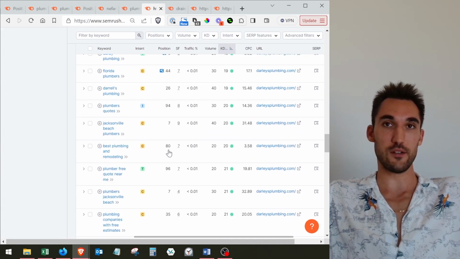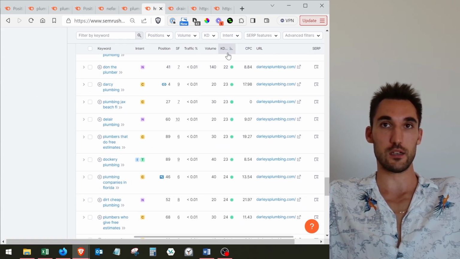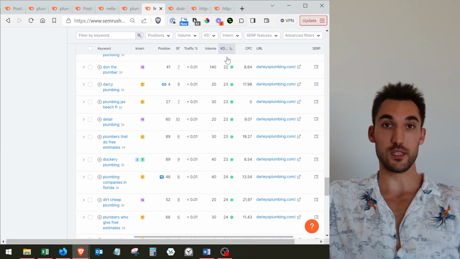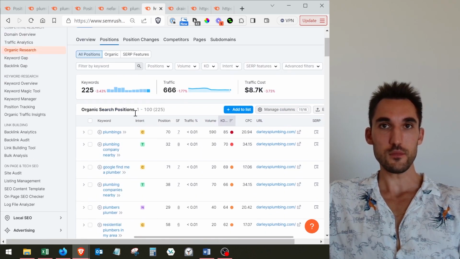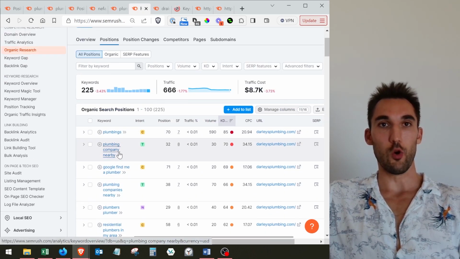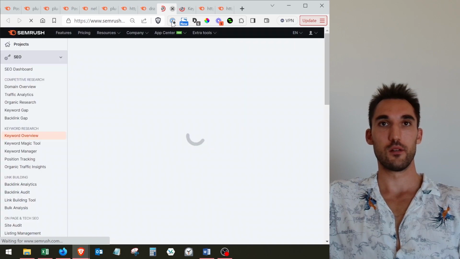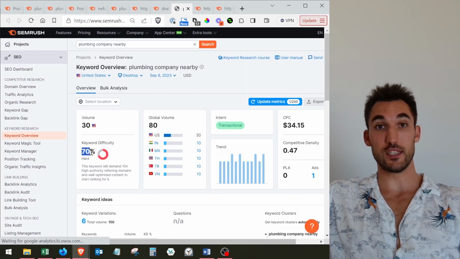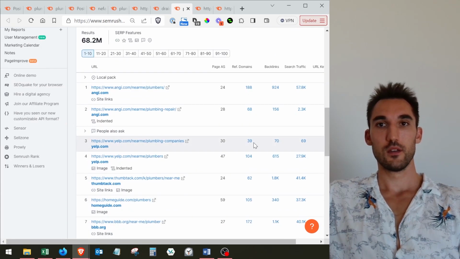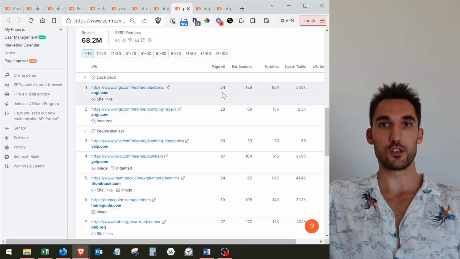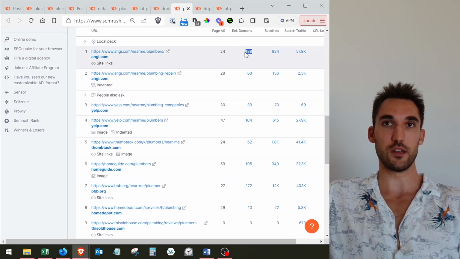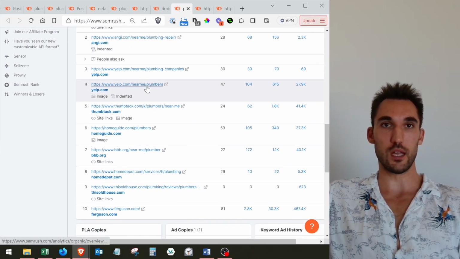Now, if you were to pick a different keyword, let's say we picked the hardest one, I'll just show you a comparison so you can see what the opposite side of this equation looks like. Let's say we picked plumbers or plumbing company nearby. That's probably a better one. If we go down to the search results, you see that's ranked as 70% difficulty. You see here how you've got so much authority score. These guys have way more authority score, and some of these guys have some seriously high numbers of referring domains. Now, okay, that's Angie again, but if you look at the businesses,